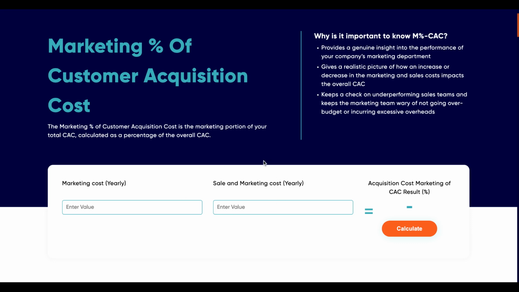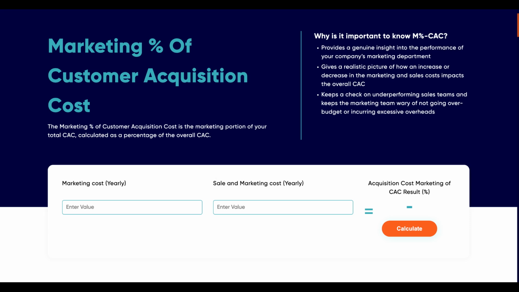While S&M cost capture entire customer journey from initial awareness to closing the deal and ensuring customer satisfaction. So, all expenses related to acquiring new customers. So, this includes your marketing cost also, in addition to cost directly tied to sales process. So, sales process could include sales commissions, bonuses, sales team salaries, then their benefits, their training and development, customer support related to acquisition, like onboarding calls, then travel and entertainment expense for sales activities. So that's your sales expenses.